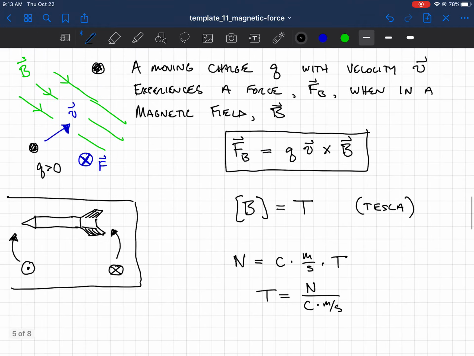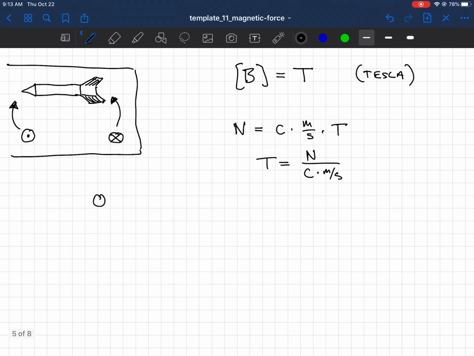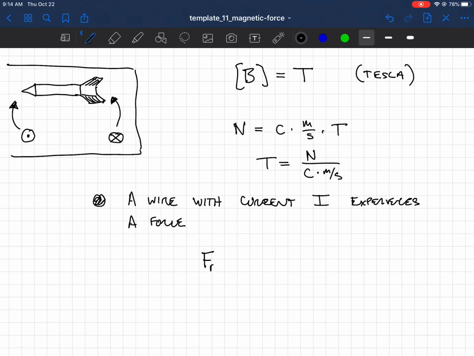And let's do that. So a wire with current I experiences a force, and that force is also called FB, and we write it as current I, L vector cross B